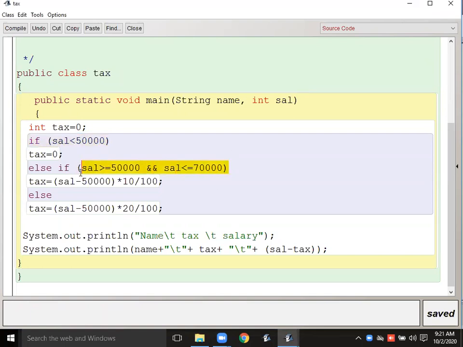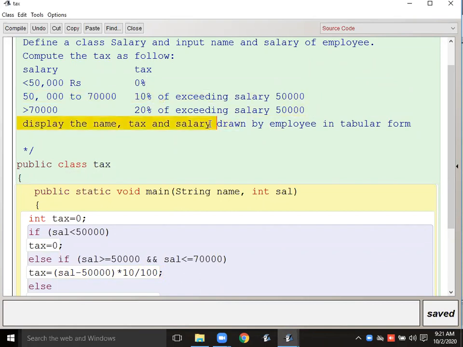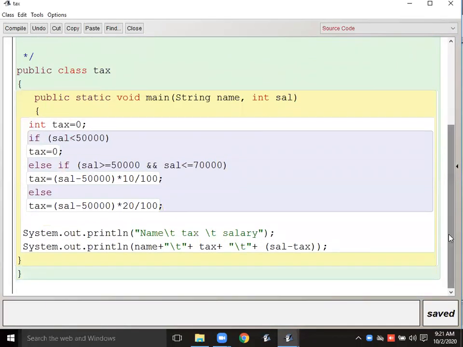We are again checking the conditions and we are calculating the tax, not as the usual program. Usual program में अभी तक कैसे आया था 10%, 20%, but here it is mentioned exceeding salary of the 50,000. So we are calculating the 10% of the exceeding amount. Here also 20% of the exceeding amount of 50,000. Understood? Write this program quickly.